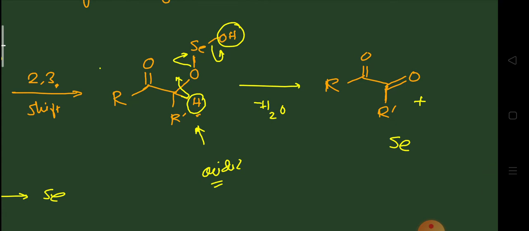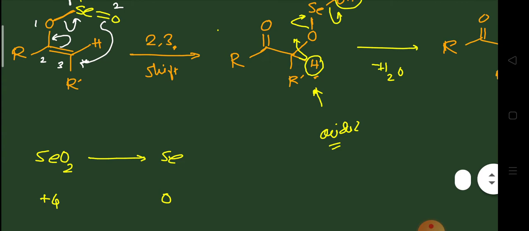Okay. And now in this reaction, selenium dioxide is converted only to selenium. So, this is the difference between your first reaction and the second one. Is it clear? So, in the first reaction your byproduct is what? SeO, that is in +2 oxidation state, while in this case your selenium is in the 0 oxidation state.